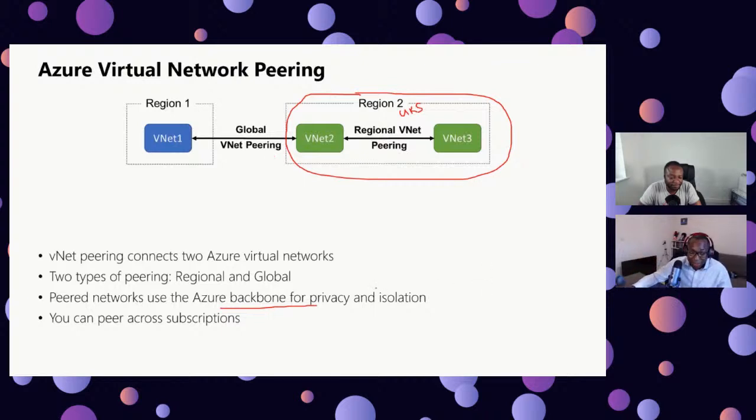The other good thing is we can actually peer networks across subscriptions. So again, I have subscription A over here, and I have subscription B. Subscription A has one network, and subscription B has one network. I can peer them together. Actually, even if they belong to different Azure AD organizations, I can peer them together, which is great. Because you can imagine,